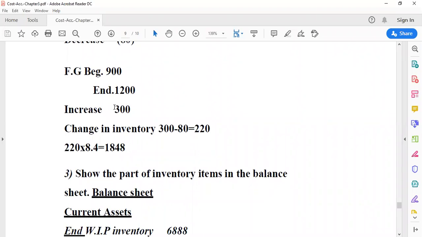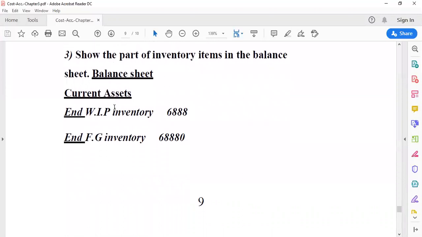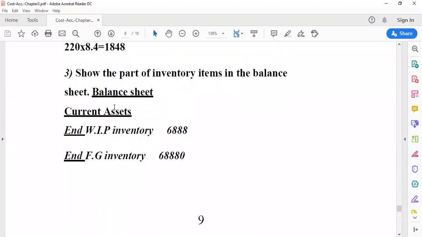Because if you remember, the balance sheet must be shown at the end of December for our year. So you must show your ending position, like a screenshot of your ending position for assets, liabilities, and owner's equity. We have to show this, or ending balances should be shown in our balance sheet, okay? To know what happened for assets. Okay, so to show the part of inventory items in the balance sheet, we need to put the ending balances